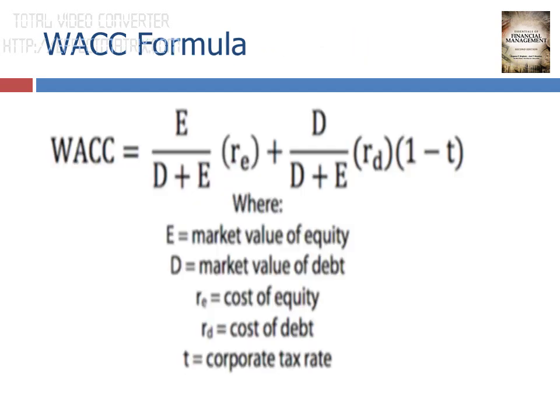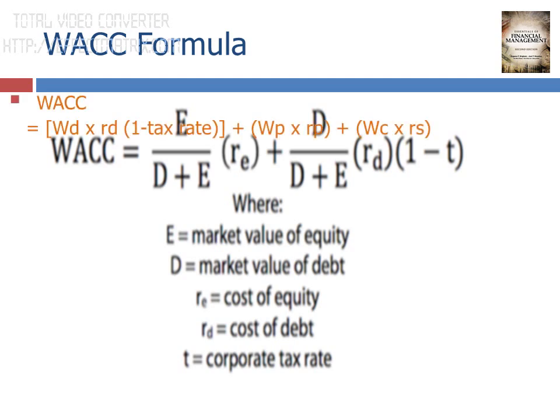Okay, next we go to our WACC formula. As you can see in the image that I have placed, you can see there the computation. There is just a slight difference in the actual formula that I will be showing to you. Our WACC, weighted average cost of capital, is computed by getting the weights. So WD, that's the weight of debt, times RD, the interest rate, times 1 minus tax rate. We will go to the details of that. Why do we need to deduct a portion with the tax rate? Plus the weight of the preferred stock times the cost of preferred stock, plus the weight of the common stock times the cost of common stock.